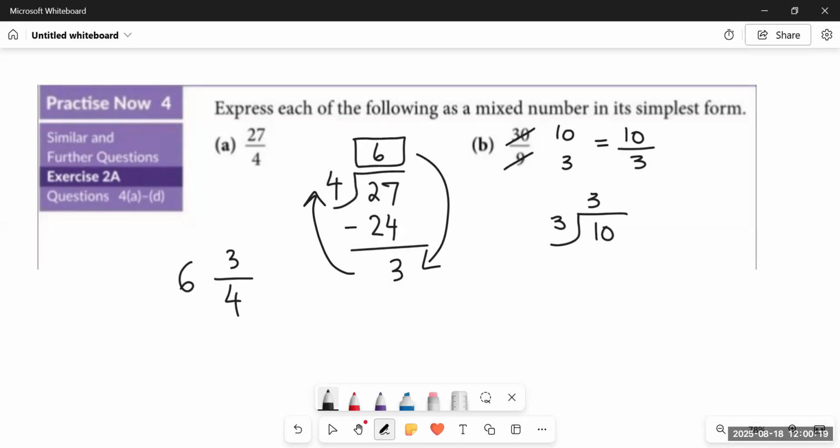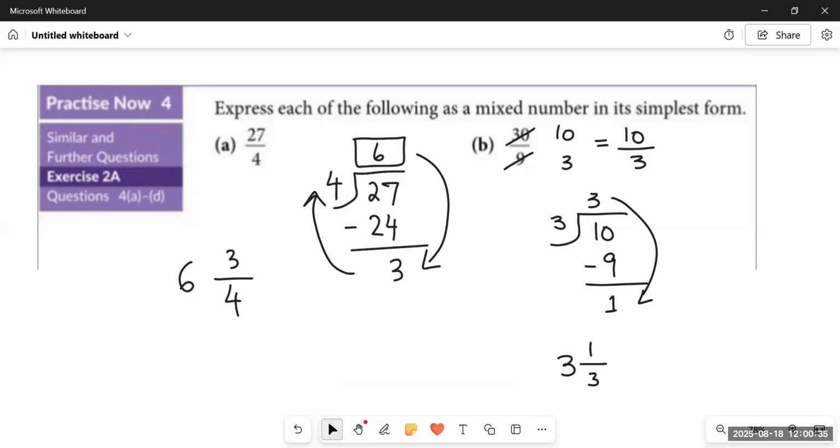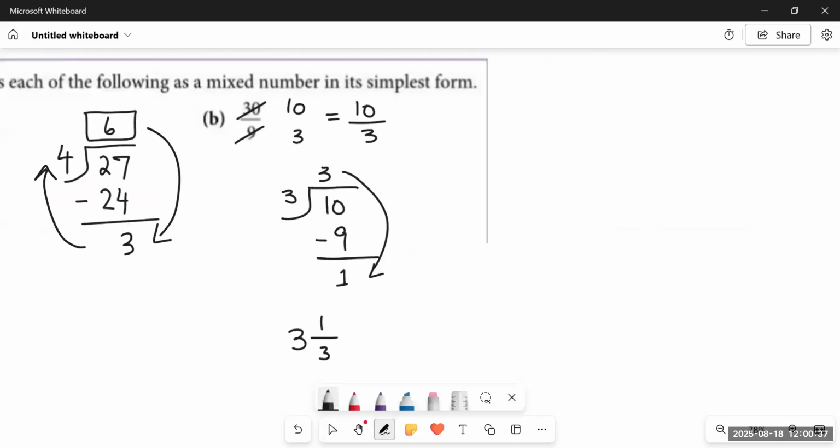So 3 threes are 9 and here comes 1 as the remainder. Making a whole, we will have 3 whole 1 by 3. The denominator is the same. So it means 30 upon 9 equals 3 whole 1 by 3. And if I had directly converted into the mixed number by simply dividing 30 by 9,